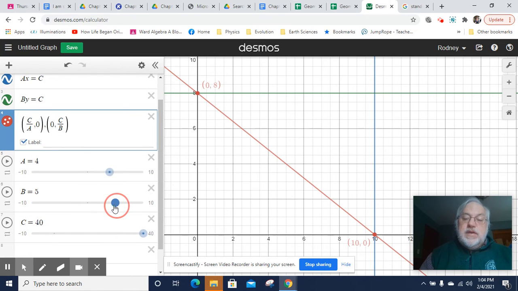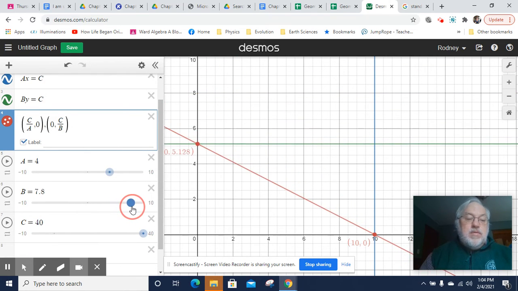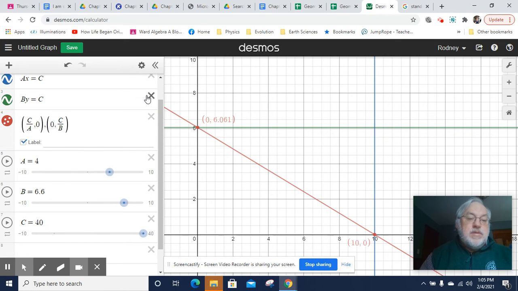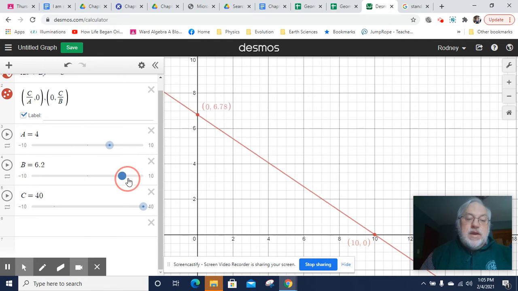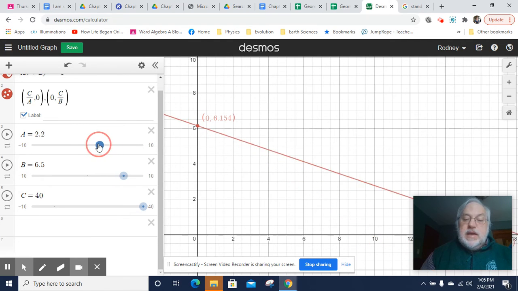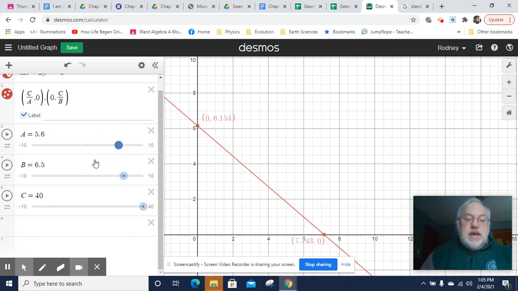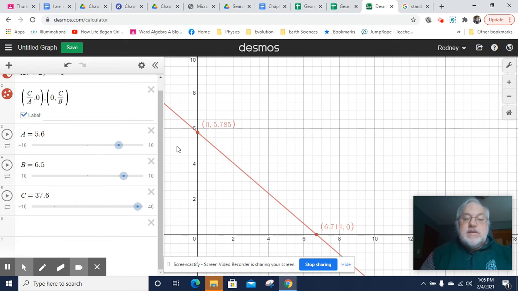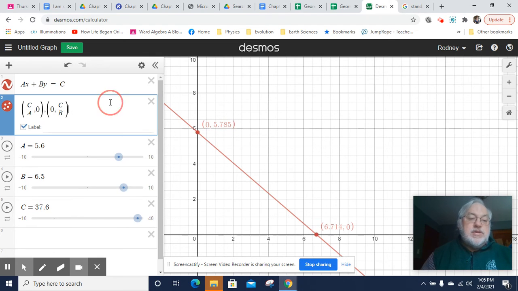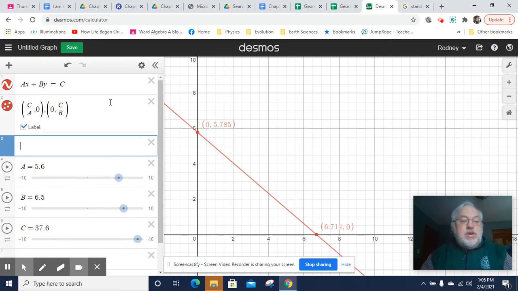Now I can move these around. The point will stay where it is, stays just fine. Let me clean some things up so they're not distracting. So no matter what I make A and B equal, those intercepts stay there. I can change the C value and so forth. So this C over B will get you the Y-intercept, and C over A will get you the X-intercept. So it's really useful when you're trying to graph things because you just plot a couple of points and draw